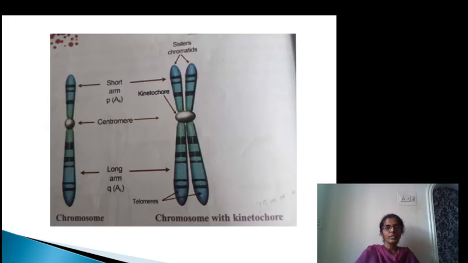So this is the image of a chromosome showing the parts of the centromere and the SAT, which is present after the secondary constriction. And the next picture is showing 2 chromatids, that is, totally 4 chromatids. The 2 chromatids are sister and these 4 are called the non-sister chromatids, and the kinetochore structure on the centromere. So these are the parts of the chromosome.